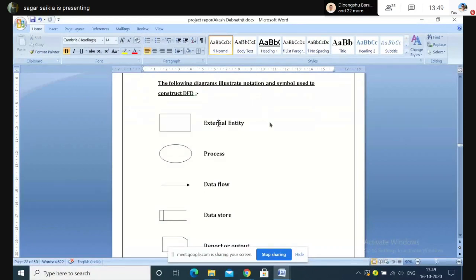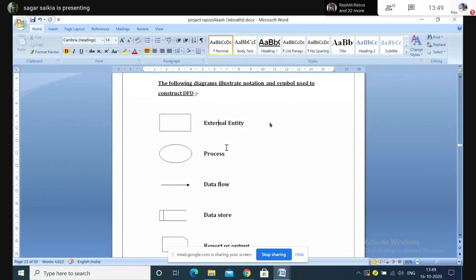Like for example, whenever we go to an Amazon shopping website, we are the customer, so we are interacting with Amazon's website or mobile application. We are one of the external entities. Similarly, on the other side, is that information coming into the Amazon website or app by itself? No, an administrator has to be there who will update all that information on a daily basis. So the administrator behind the screen will be updating and adding new information about new products. All those things will be controlled by the administrator, so that also is an external entity.